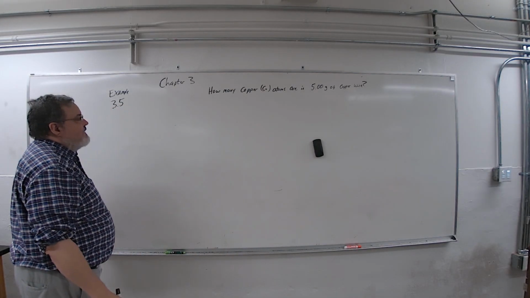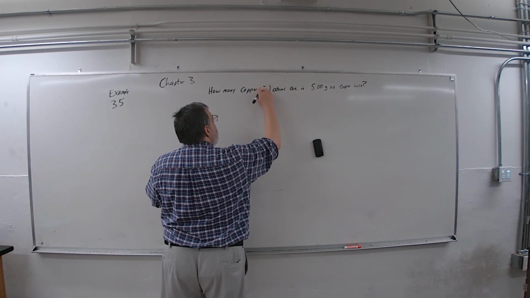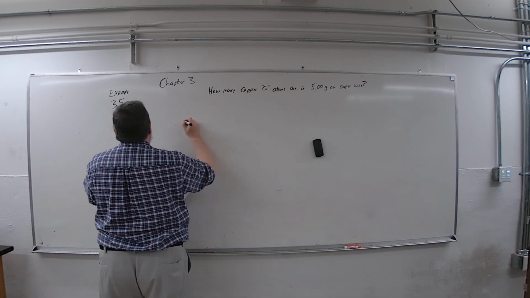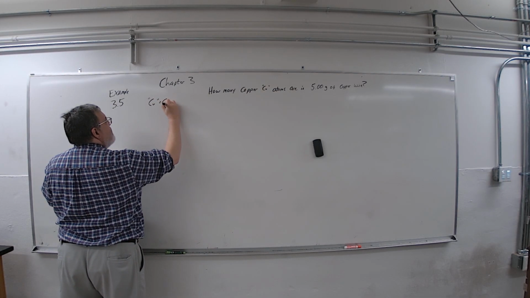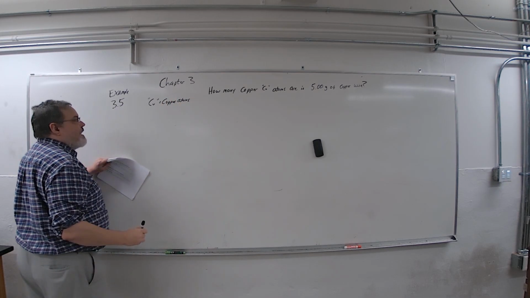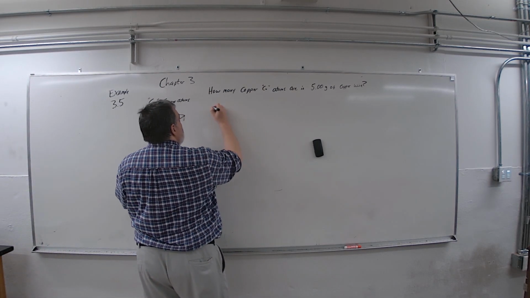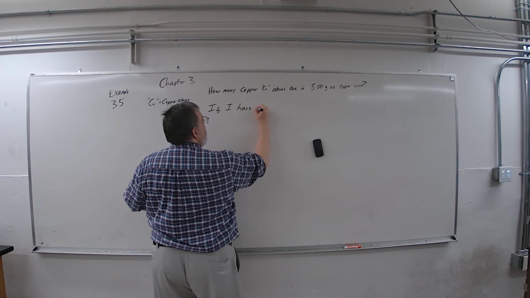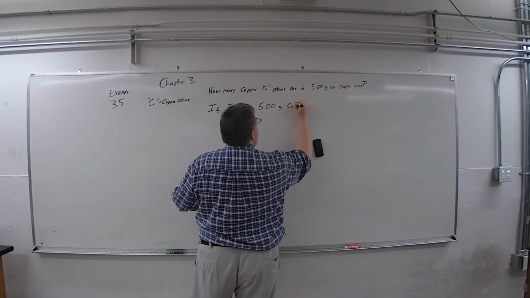I want to rephrase this, but let me mention the Cu, that means copper atoms. So, let me rephrase it. If I have 5.00 grams of copper atoms,